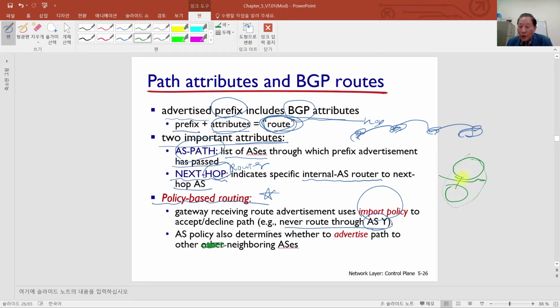If we want to go directly through this border, then that will be the shortest path. But it is not possible depending upon the policy. If policy is accepting and approving that, then we can go there directly. But if policy is not accepting that, instead some other detour